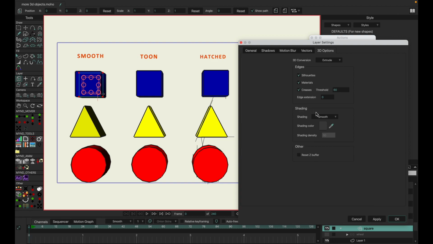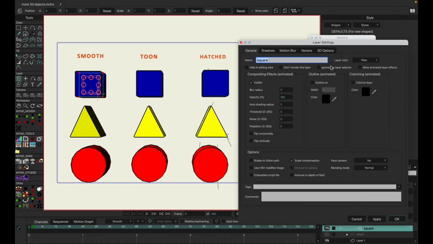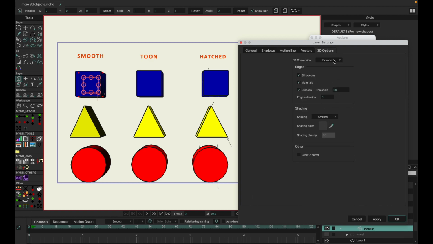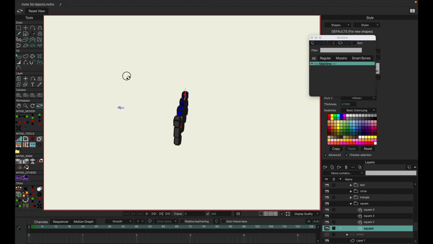From there you go down to the shading options, and from here you can pick which style of shading you want. So there's smooth, tune, hatched, and extrude side color, and you click OK. So you pick whichever one. From this one we pick 3D options, extrude, smooth, apply, OK, and then we go to XY rotation, or you can go to reset view and you can see how